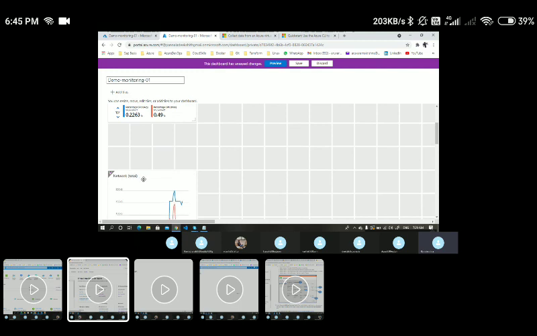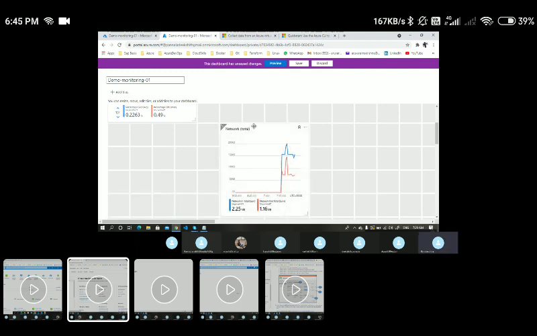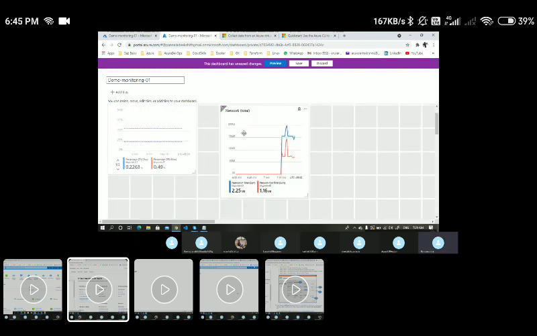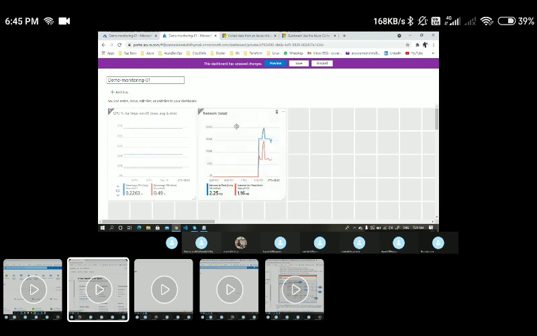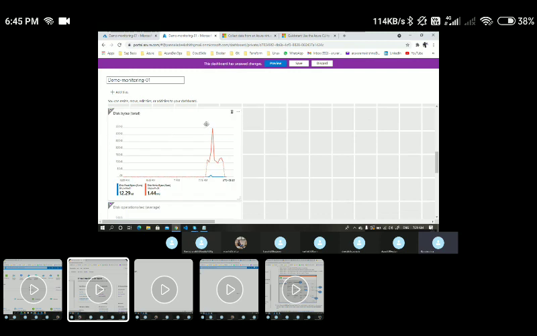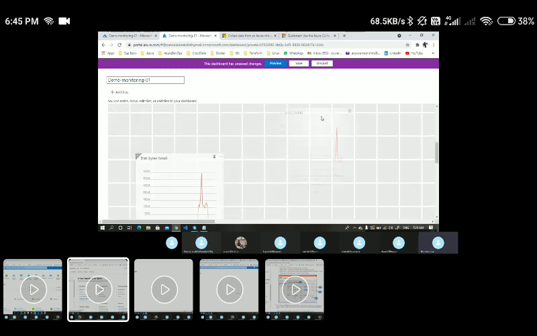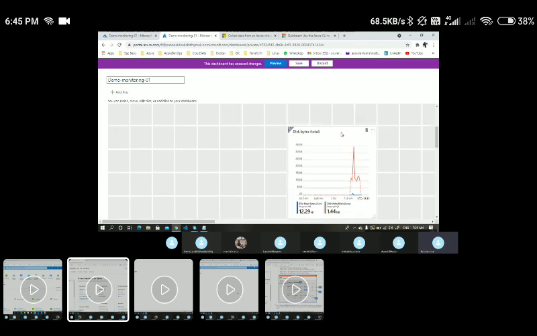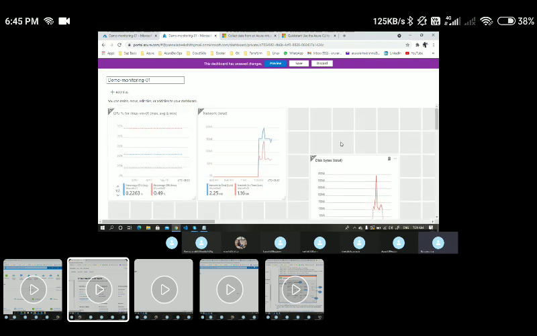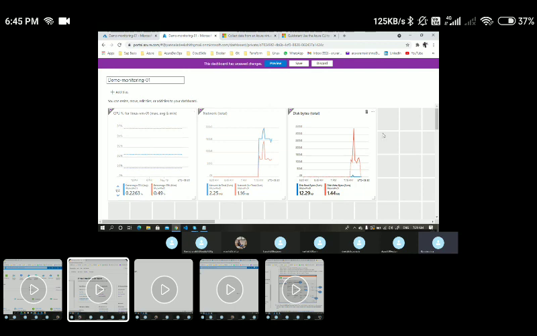Let's say I want to drag it and put it here. In the same way, I can take another metric, make it 4 by 4, and drag and drop it there. I want to have all the metrics of a specific service in a single line.